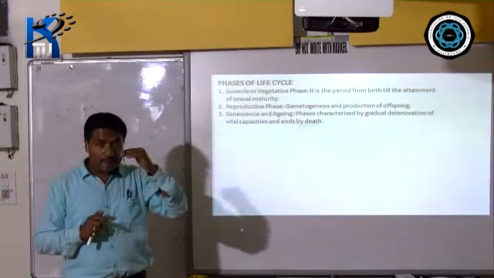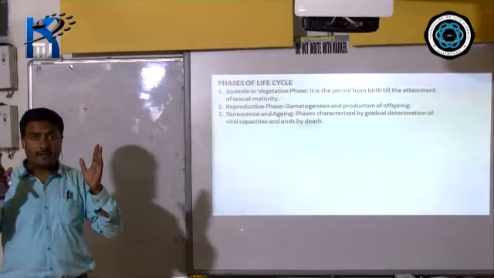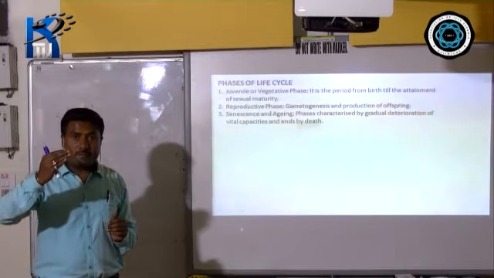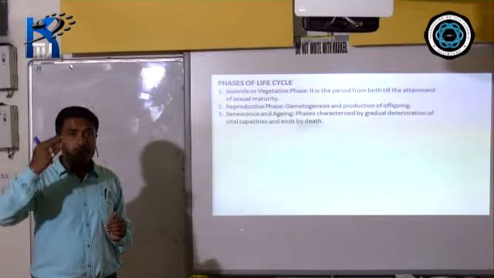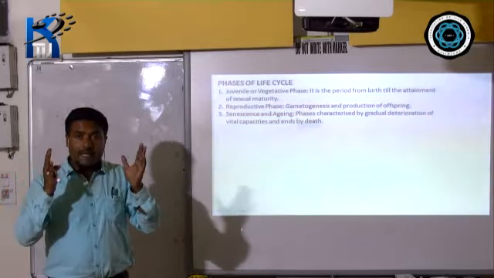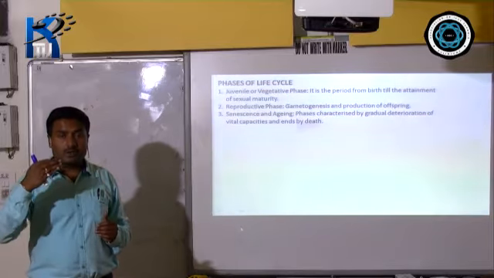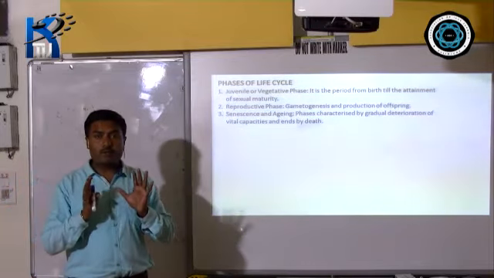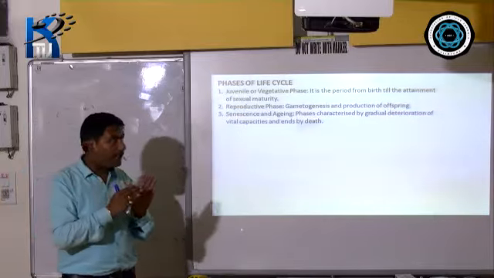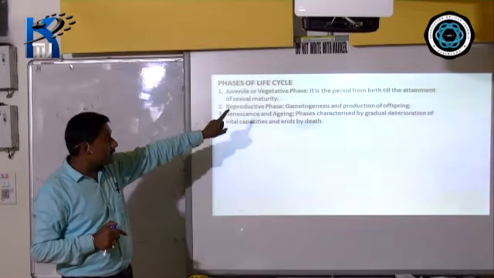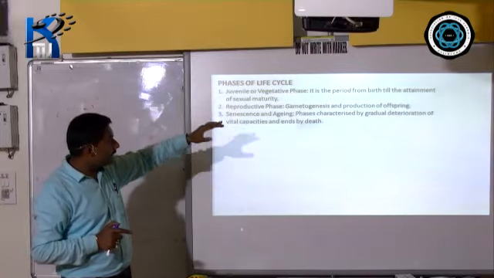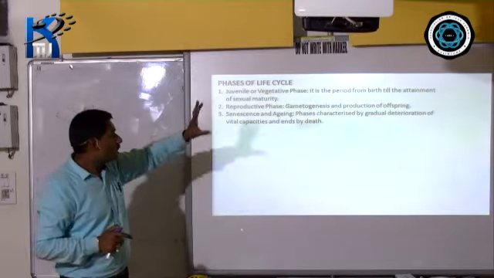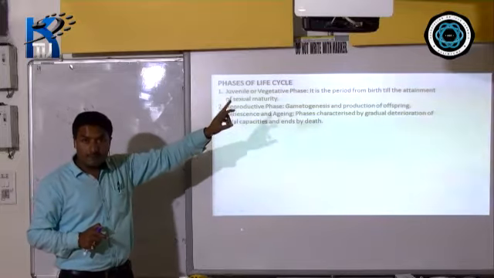Vegetative phase. And if it is in an animal, if it is in a human being, then by the time the organs become active, the organ starts producing these reproductive cells, the gamete formation takes place, gametogenesis, which includes spermatogenesis and oogenesis. When this reproductive organ becomes active, by that time you use the term juvenile or vegetative phase. So it is the period from the birth till the attainment of sexual maturity. By the time the reproductive organ becomes functional in nature, you use the term juvenile or vegetative phase.